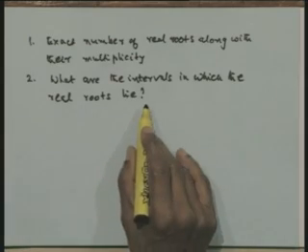Of course, one way for the second part is that we know the intermediate value theorem can be used and we can get it. However, we would like to have an alternative way where it can give us the exact number of real roots that a polynomial equation can have. Now, we already know something almost from our school studies. There is what is known as Descartes rule of signs for finding the number of roots of a polynomial equation, a bound for the number of real roots in an equation. Let us just see what that rule is, so that we will modify it and then give a rule wherein we will be able to say what is the exact number of real roots.